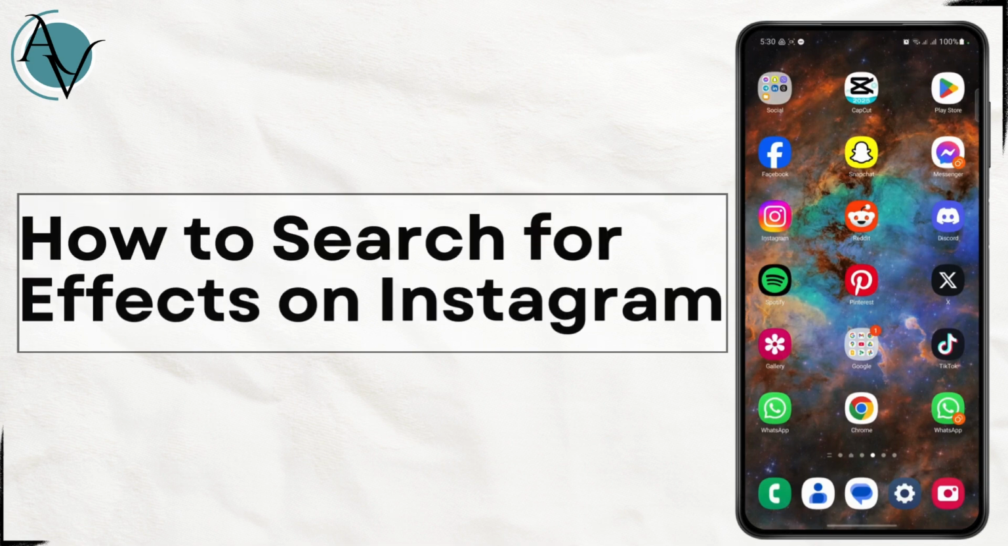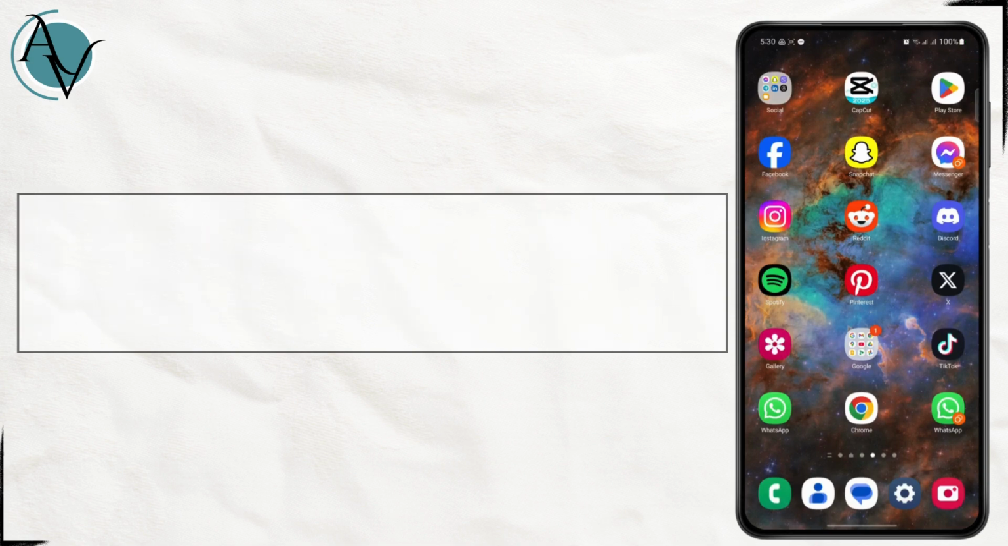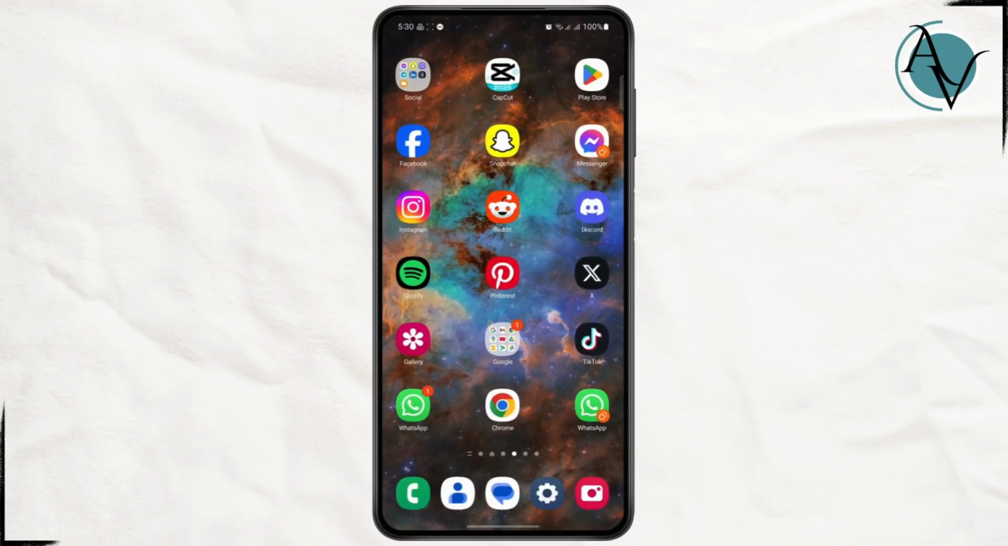How to search for effects on Instagram. Hey everyone, in today's tutorial, I'm going to show you guys how you can easily save and find effects on